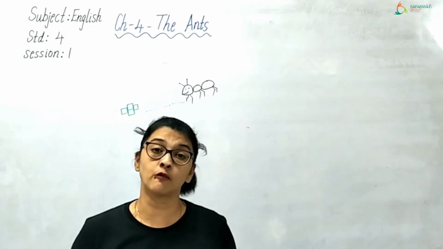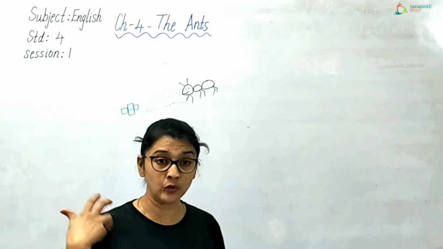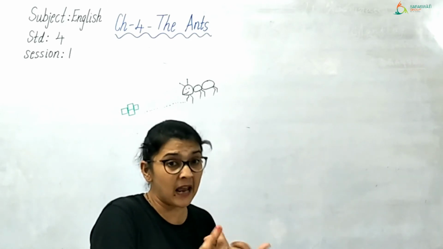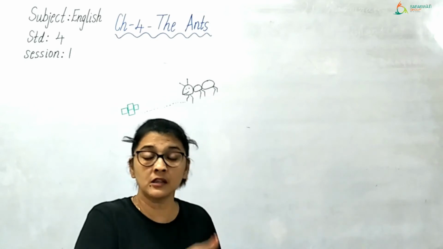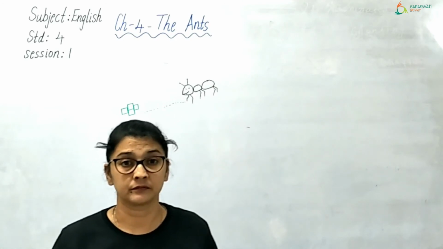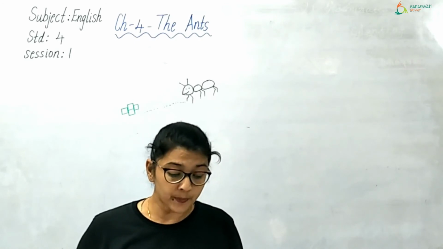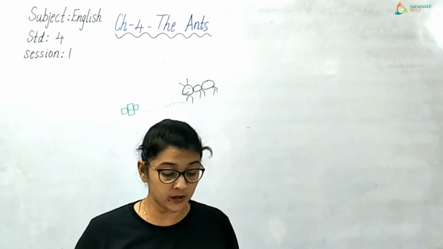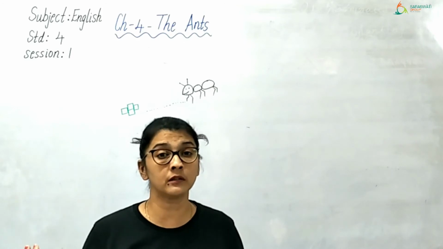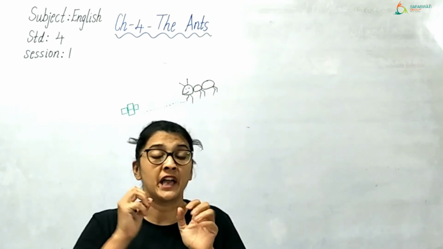And seeing his brother in want. Seeing his brother in want means the black brother who is passing by sees and observes that this brother, that means that ant, needs some help. He is in want of help. Okay? That ant requires help. So what do they do for helping? Came up and assisted him with his load. So the other one, the black brother, came near this ant and helped and assisted.